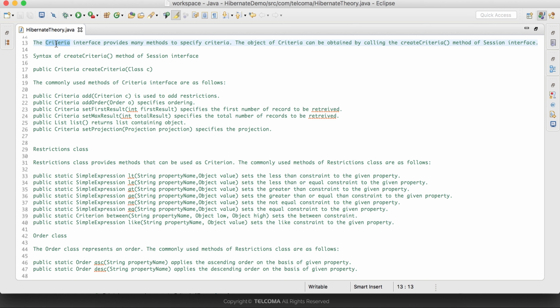So in this session we have covered what is Criteria, what are the various methods available in the Criteria, what is projection, what is restriction, and what is ordering. In our next tutorial, we will see with the help of an example how we can use Criteria to filter the records, and how we can